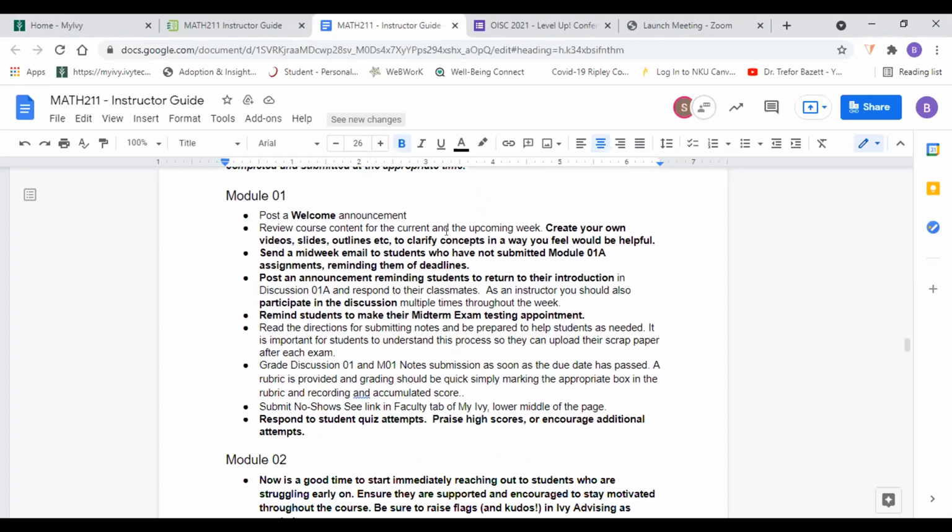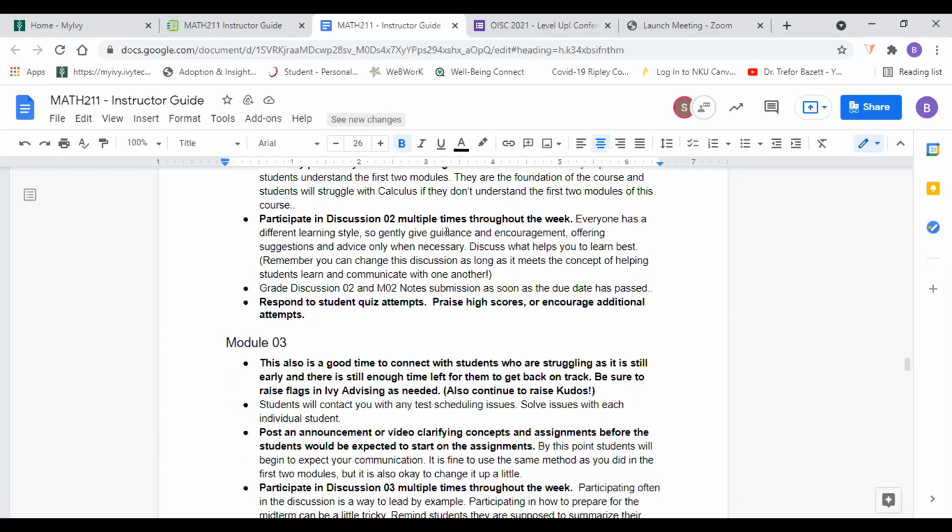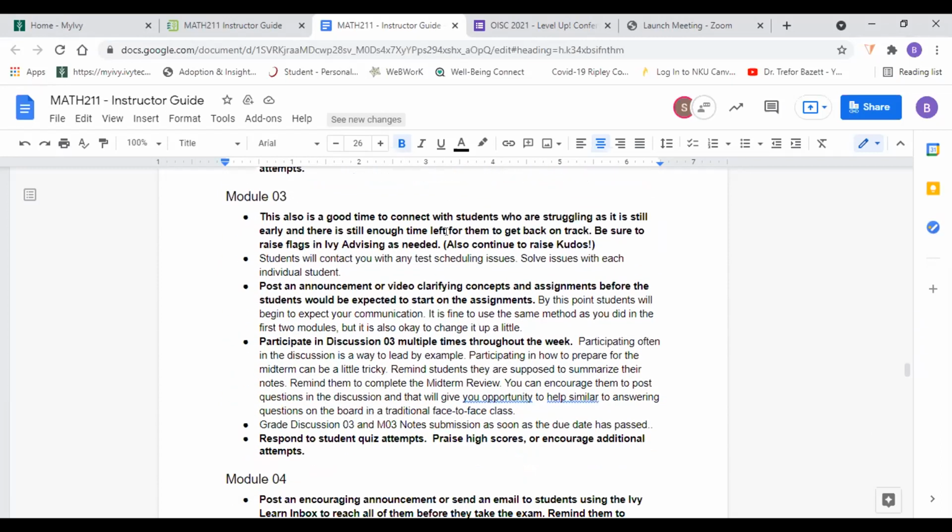This summarizes what each module contains. This is not content necessarily, as far as math content, as much as just what is in that module. So as you read through this, it could be pretty generic to any course, but it is obviously set up specifically for Math211. There is no content as far as what we cover in calculus today. This is just a matter of what the assignments are, and